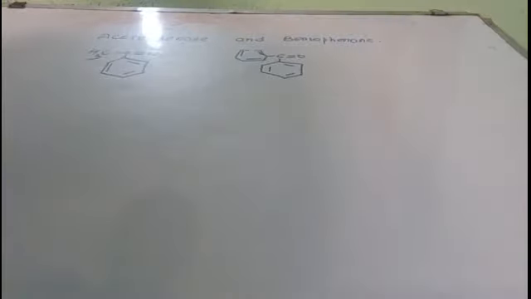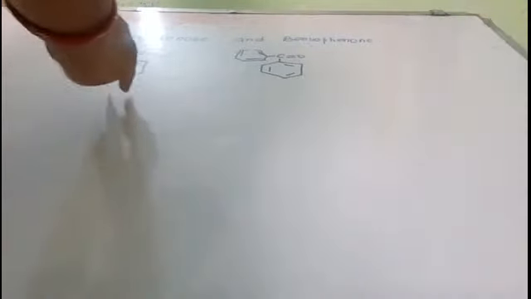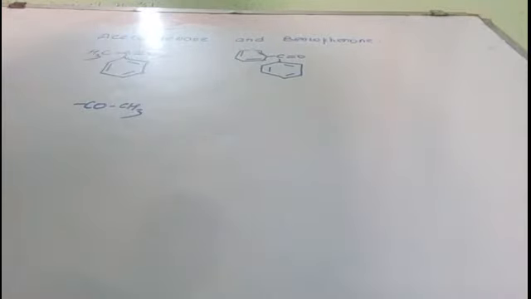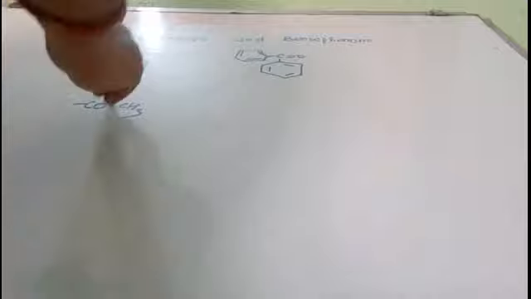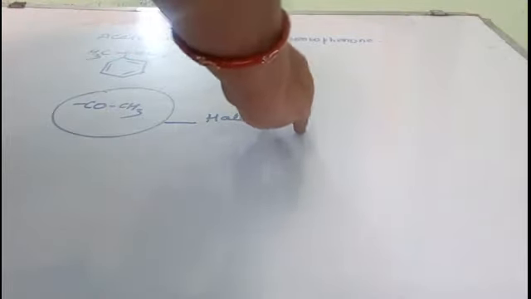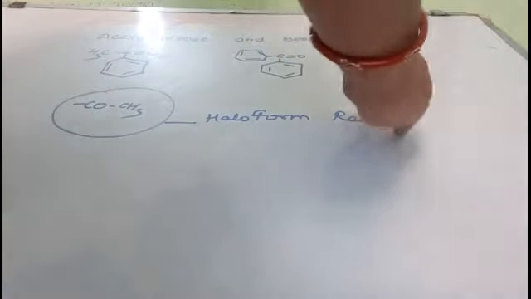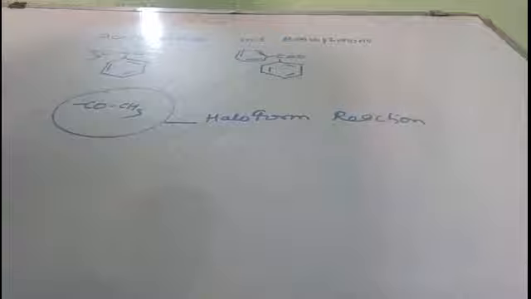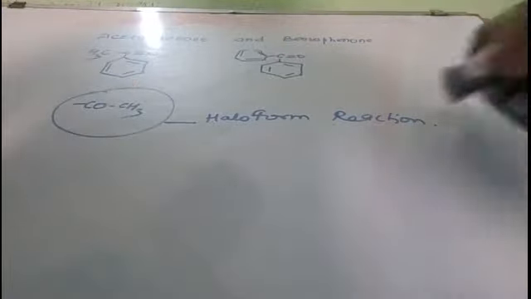Right. So how will you distinguish between them? Because both of them are ketones. To distinguish between acetophenone and benzophenone, we know that here we have this methylated carbonyl group, right? And when a methylated carbonyl group is there, it responds to the haloform reaction or iodoform reaction, which benzophenone will not respond to. So we will go for the haloform reaction for the acetophenone.